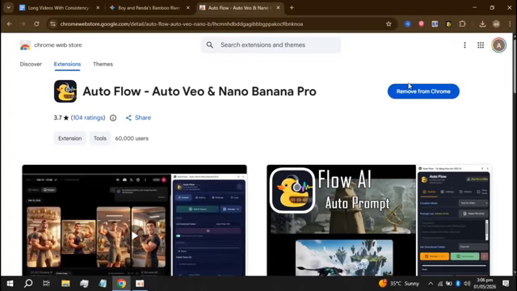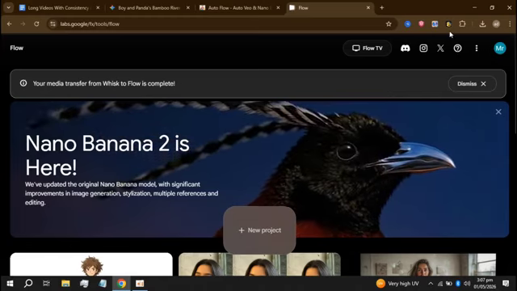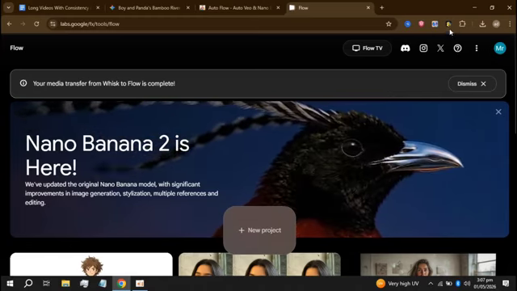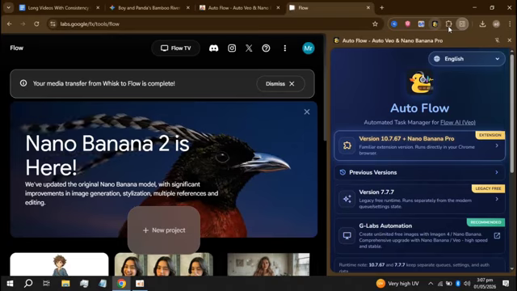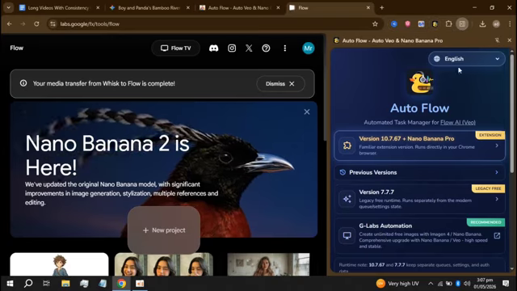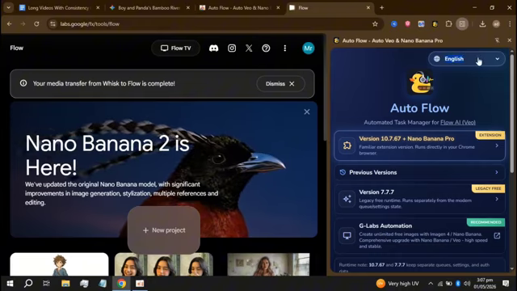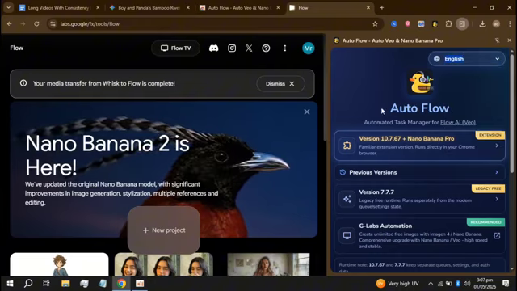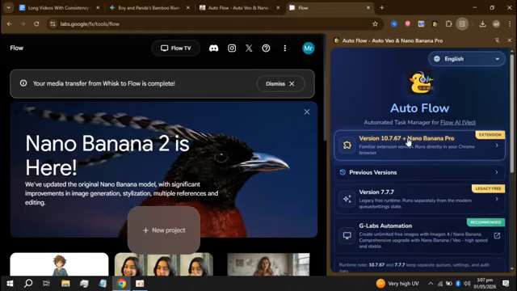Since I have already added it previously, as you can see at the top of my browser bar, you will just need to add it and then return to the main Flow website. Now, open the newly installed extension. This is exactly what its developer interface looks like. If it is your first time opening it, the default language might be slightly different. If so, simply navigate to the settings gear at the top, change the language to English, and proceed to